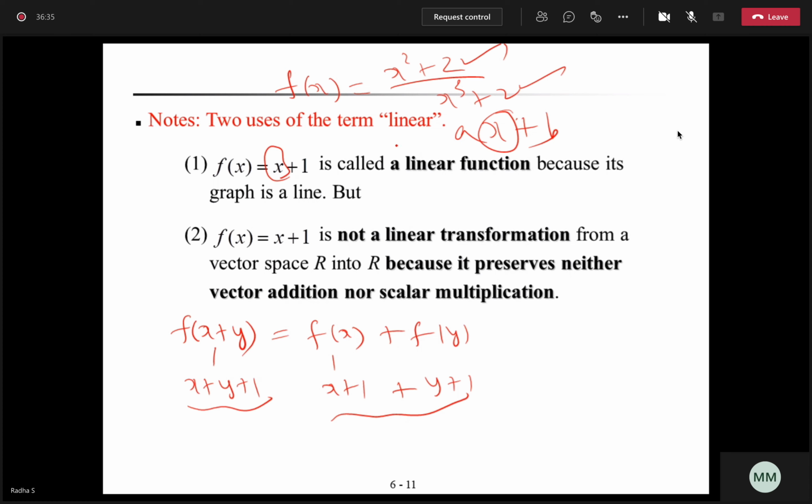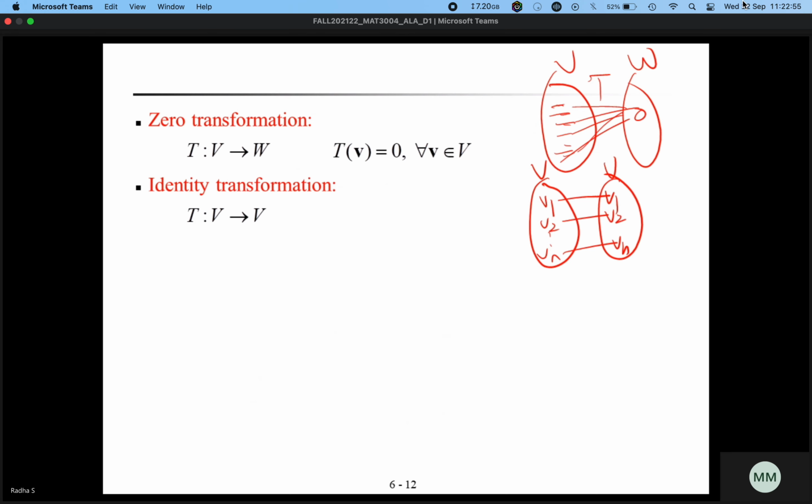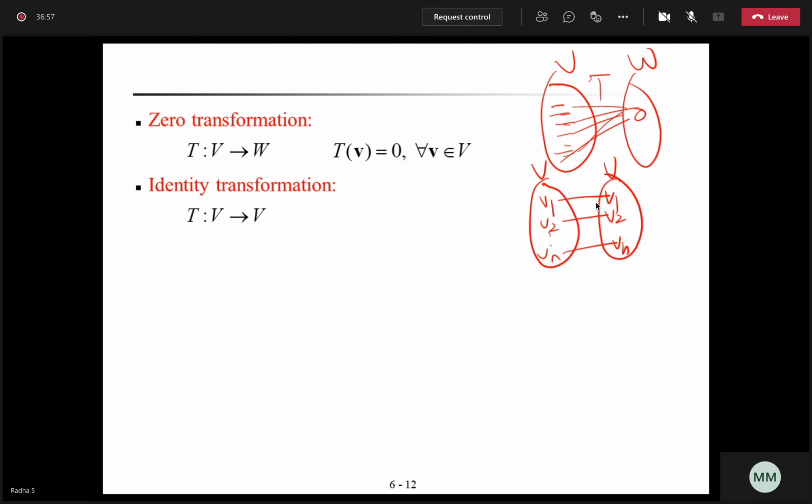It's not simply linear, that is different. Is it clear? Yes. Ma'am, excuse me, ma'am. Yes, Veta, tell me. Ma'am, so linear transform is like the mapping which follows the addition and scalar multiplication. Yes, that has to be checked. Two properties we are checking, right? Those two properties, if it is satisfied, then we call it a linear transformation. Okay. So I didn't understand the second statement.